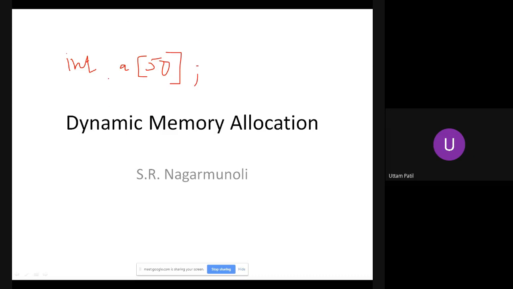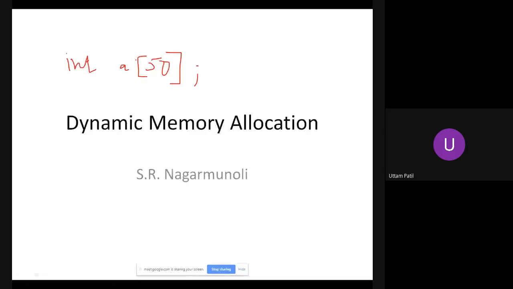So what should I do? I'll have to declare, in another program, the size of the array as 55, then store the details for 55 students. Okay, I do it once. Then some 10 more students take admission. Then I'll have to change my program again. So this is one problem. That is, the memory allocated may not be sufficient for my program.